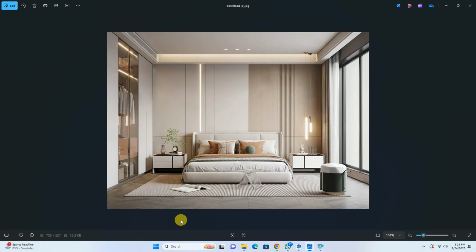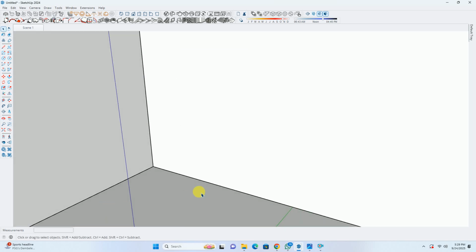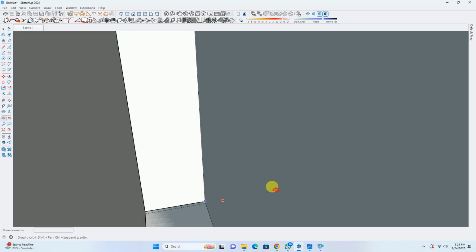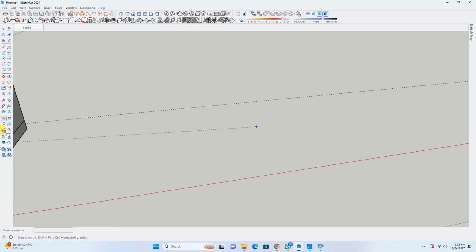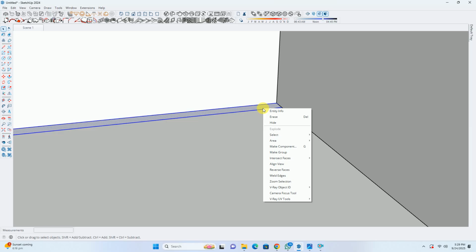So for creating our paneling layout, first of all, paneling is what we call it when we cover our wall with another element. That process is called paneling. So for creating paneling, I'm going to go to the tape tool. I'll create a gap of 1.5 inches. I'll use the rectangle tool and create a rectangle from over here to here. I'll double click on the surface and go to the make group option.